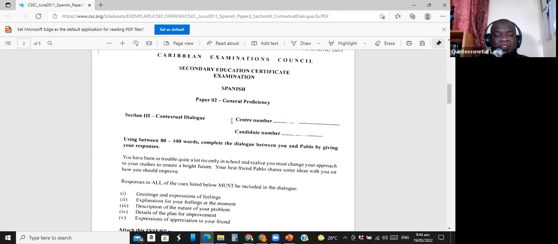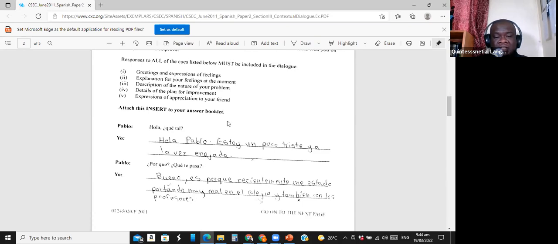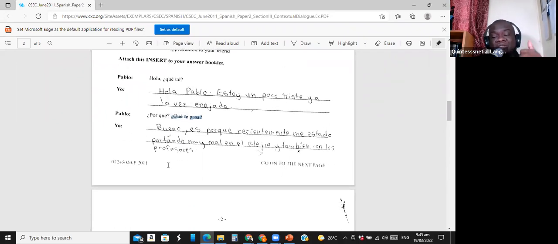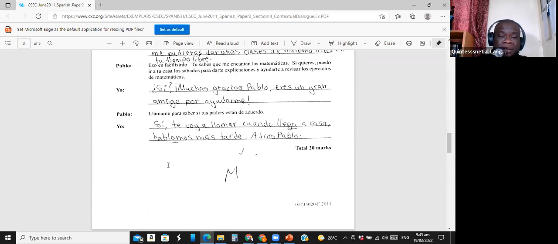And we have the thing here. Say it repeated again here. Hola, ¿qué tal? So once again, remember I'm showing you the hola and the ¿qué tal as some of the things you could use to make your thing come across as conversational. ¿Por qué? ¿Qué te pasa? We saw that again being used as some of the phrases, the idioms, the functions that we could use to make your contextual dialogue sound like it's actually a conversation, like a phone or in-person conversation, right? And we have some more, etc.